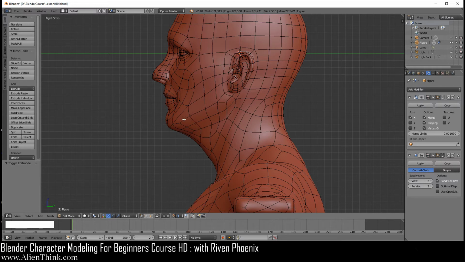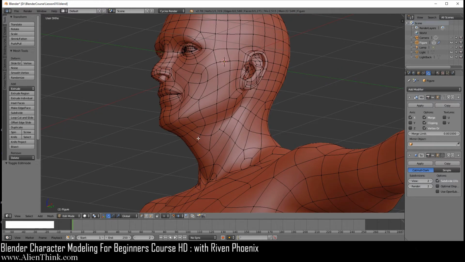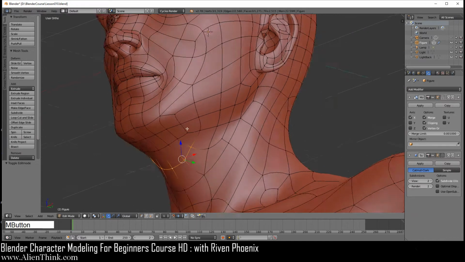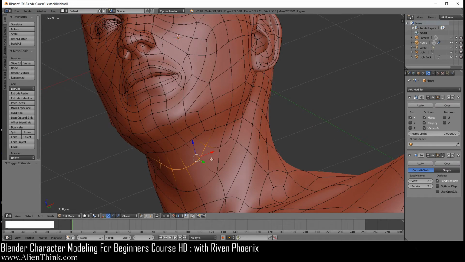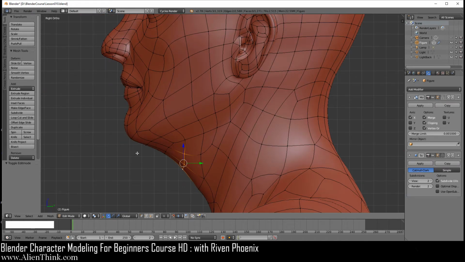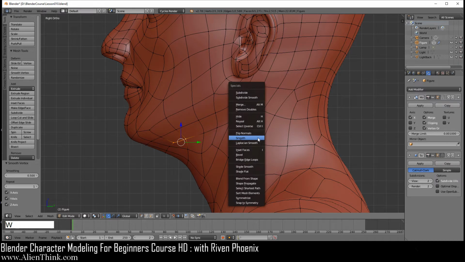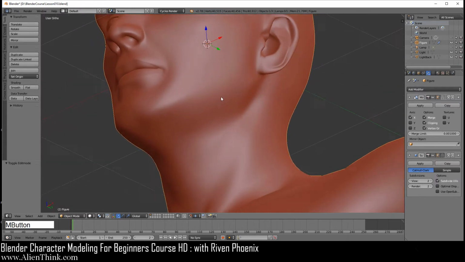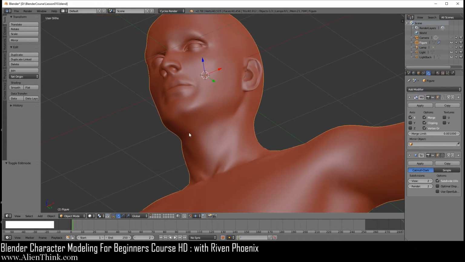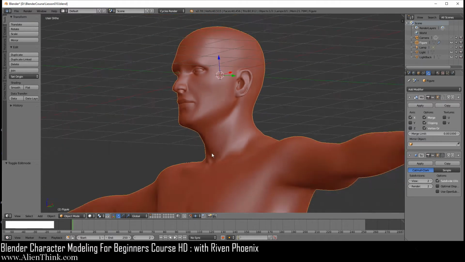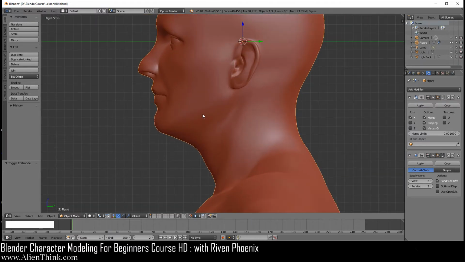So what I want to show you is that if you want to remove some of this fat area over here, you can simply right click this one, shift key down, this one and this one, right? Just select these guys over here. Go to your right view. Make sure that you're in the big grid units. Take it to the right. Take it up, and you can just W and then smooth it 1 time and then 2 times over here. Simply click on this one and W smooth 1, 2. If you do tab, you can see that now we've removed that fat area over here, and it makes him look a little more younger.